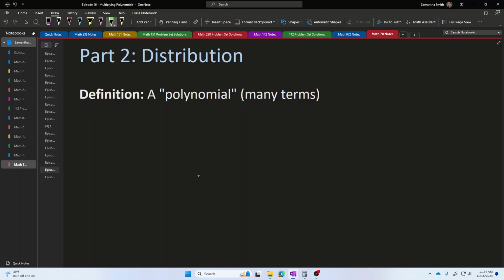By this, I mean that the quantity 2 times x cubed would be one term. The quantity 4 times x would be another term. The quantity 5 times x squared would be another term. An example of a polynomial would be what you get by adding and subtracting a bunch of different terms here. Polynomial means many terms.